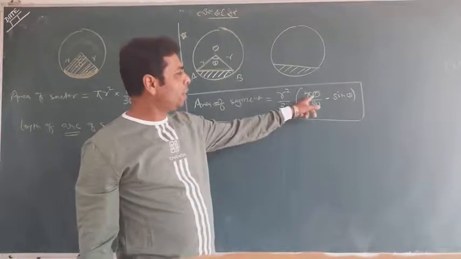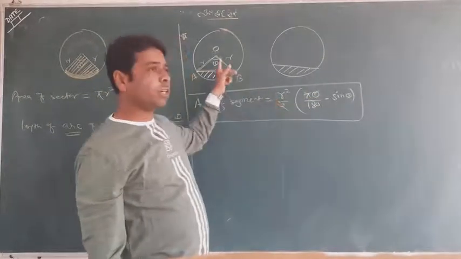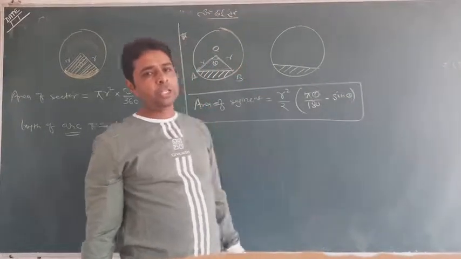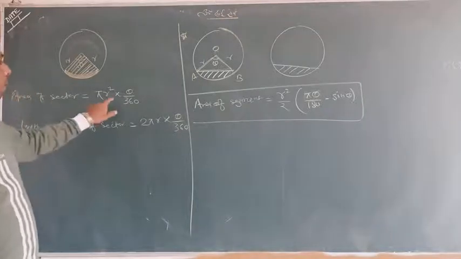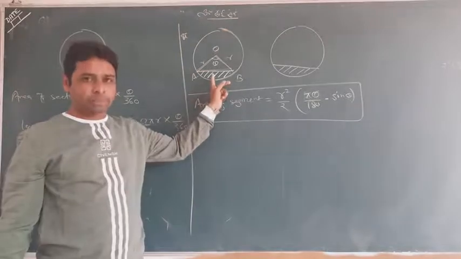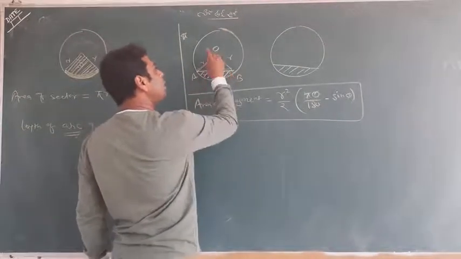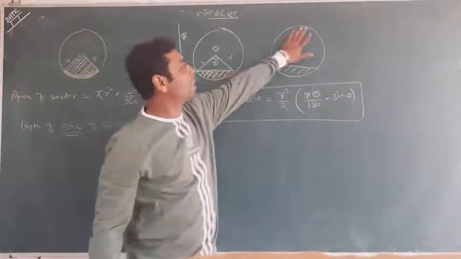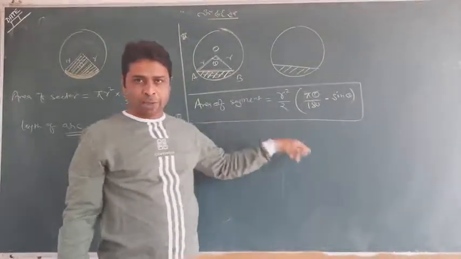Pi meaning 22 by 7, theta meaning this particular angle, radius meaning the radius of the circle, sin theta, again theta is an angle, the central angle. So please keep remembering, this board is very important. This was only the sector and the length of arc, and this is only the segment. So the corresponding theta gives you this particular segment. If theta is given, definitely at that time we'll find the other things, meaning the other major sector. So please don't worry about that. This is an important formula.